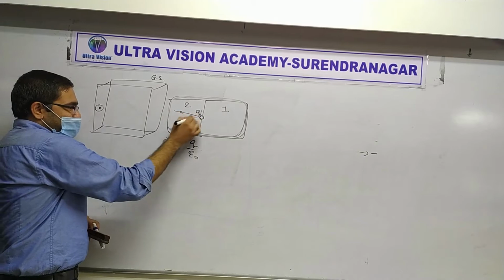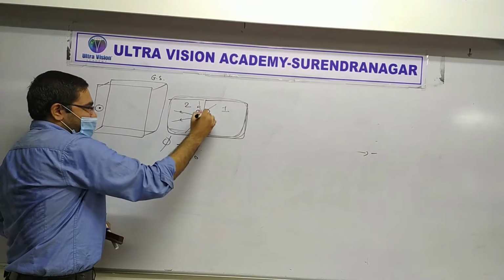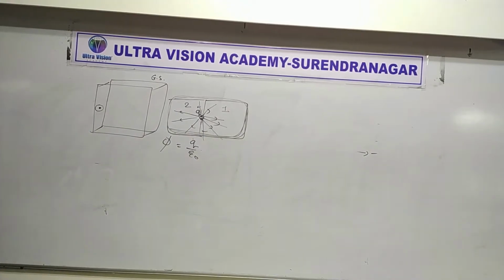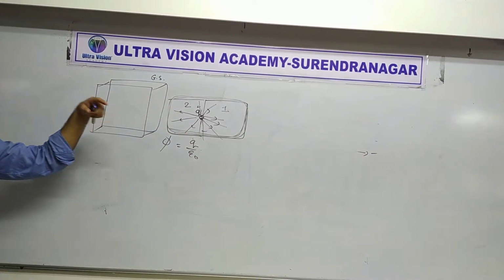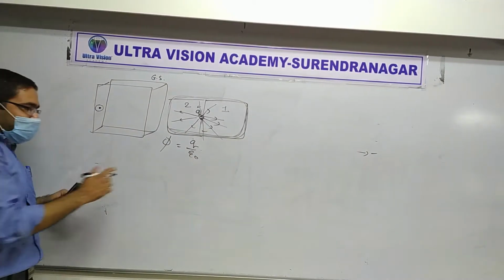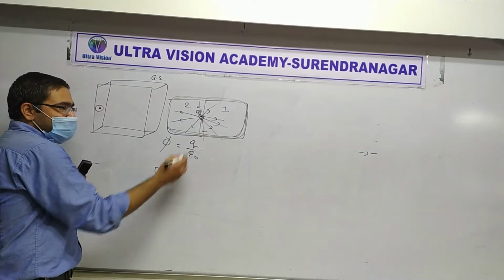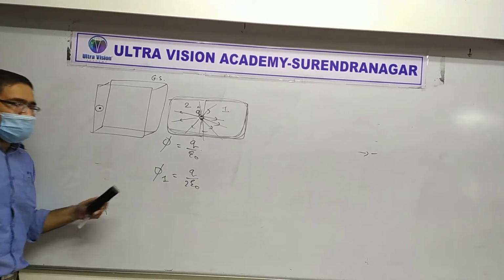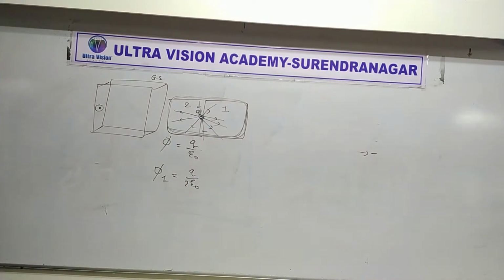So do you realize that the field lines that go out from here, half of them will go through 1 and half of them will go through 2. Clear or not clear? Sure. Half of them on right side and half of them on left side. So for 1 cube, for number 1, the flux will be half of this. Did you understand? However you do it, both methods are valid. Fine? Okay.